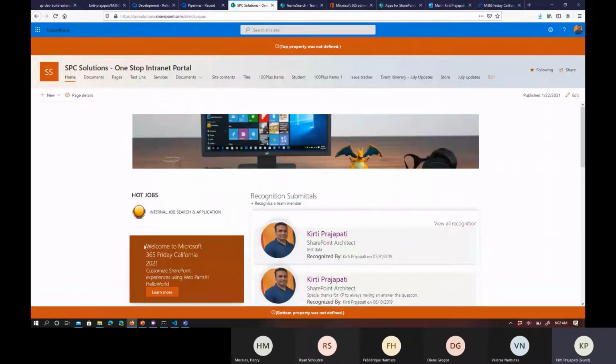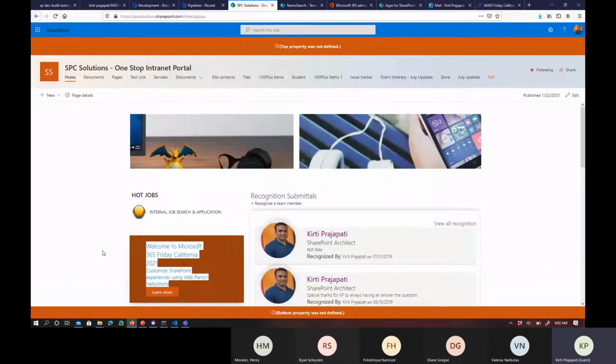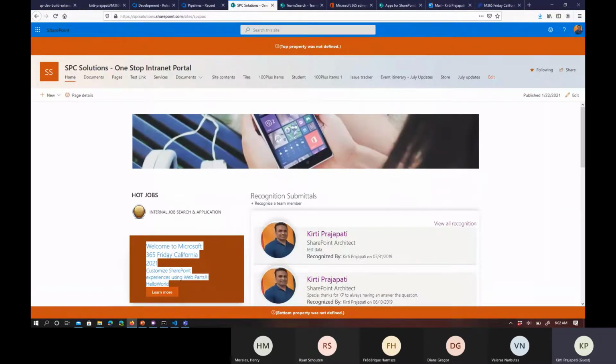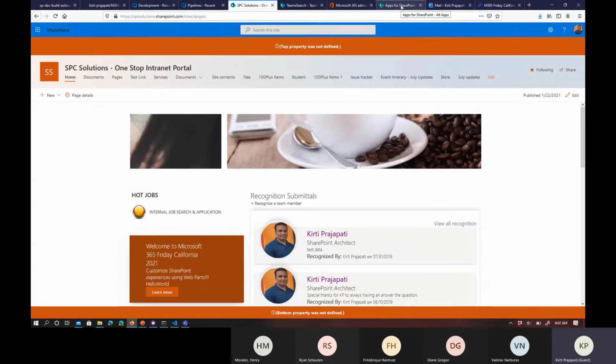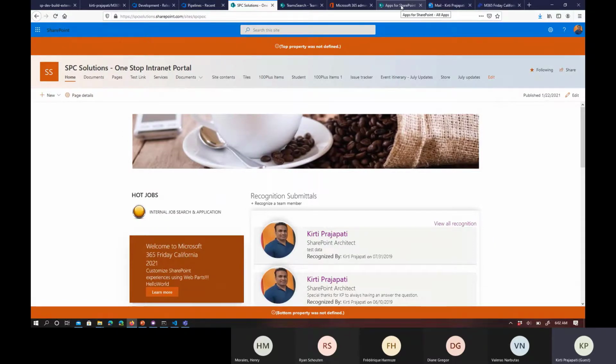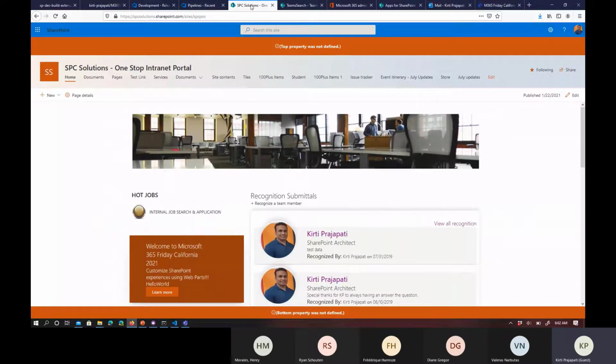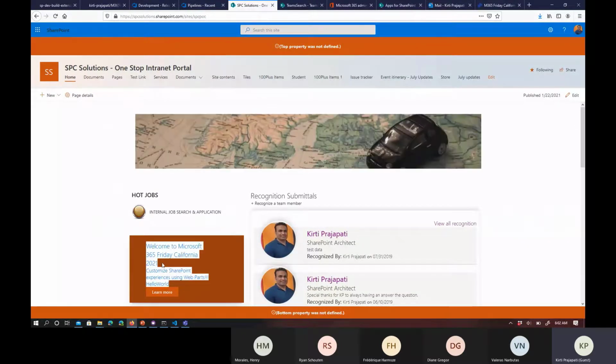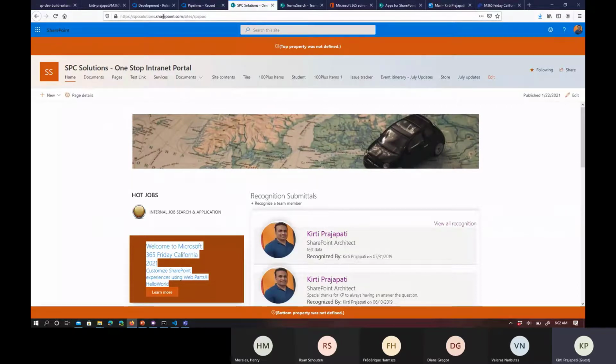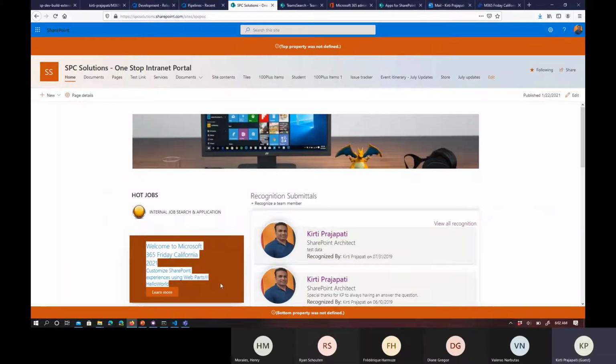You can see here I have already deployed one web part, and you can see the text. I will make some changes in the text, and once I commit the code and push it to the GitHub repo, then start the pipelines and releases, my solution package will be deployed in the App Catalog, and I can see the updated code in this web part. Right, so this is the process and the tools I have used for this one.